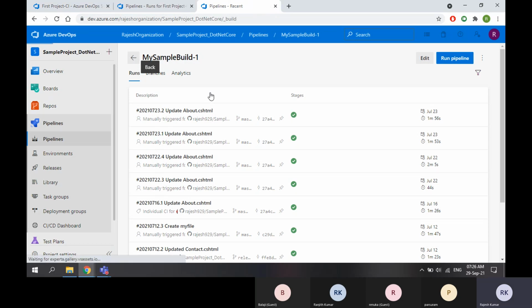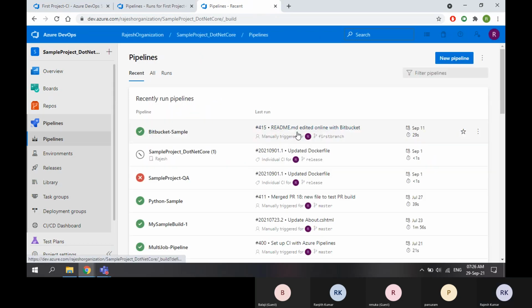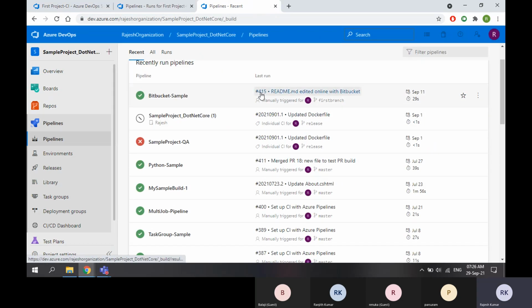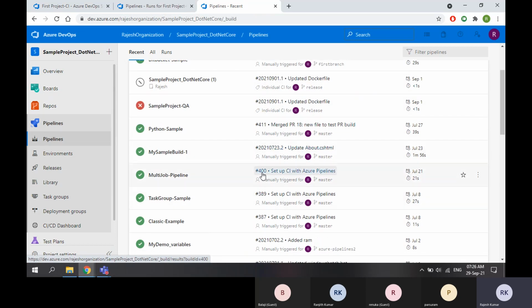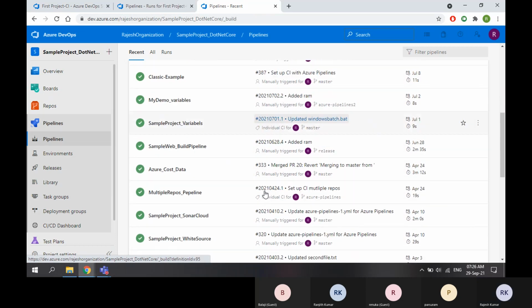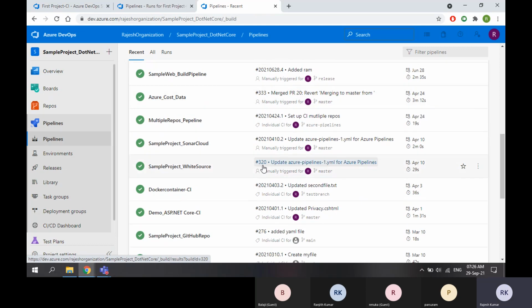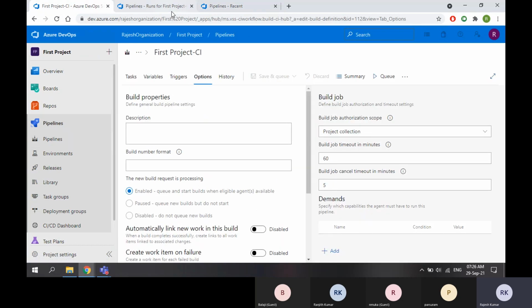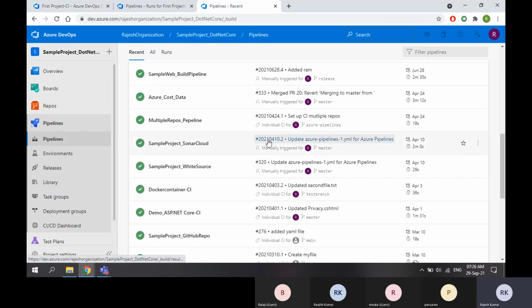Even in the other project you can see there are some builds having random numbers: 415, 400, 389, 333, 320. In these builds, there is no specification for the build number. But in this build there may be a specification, that's why it is getting 2021.